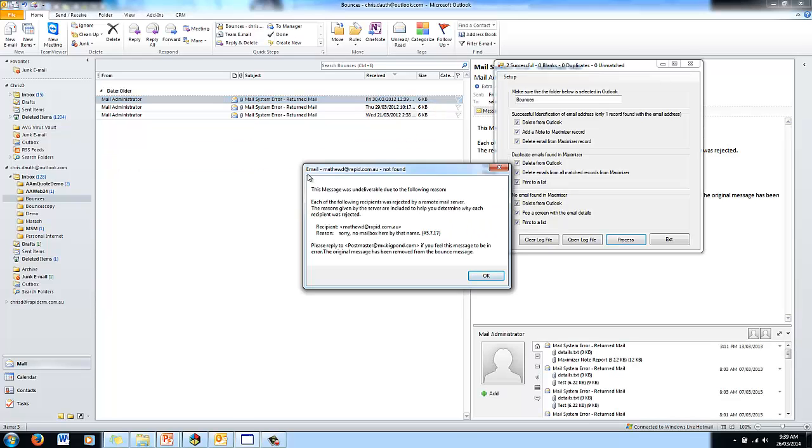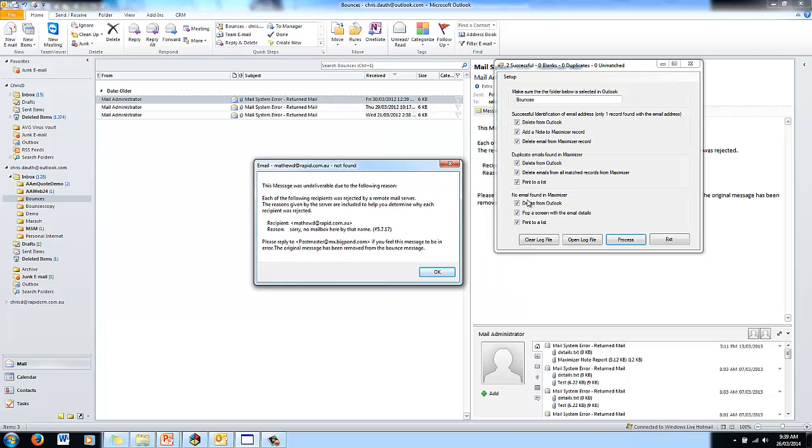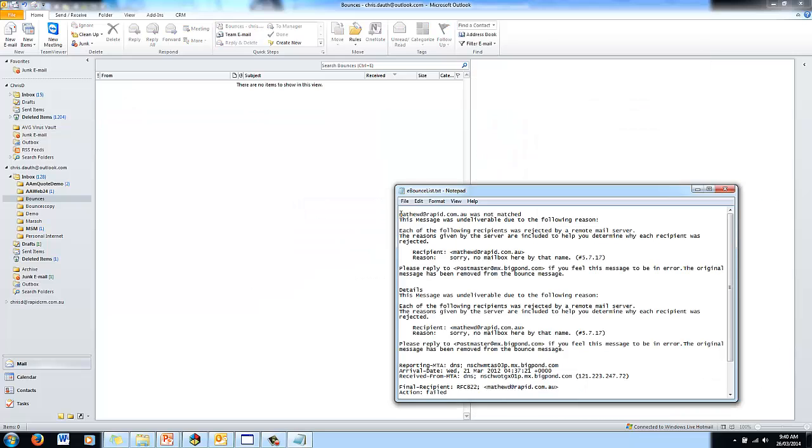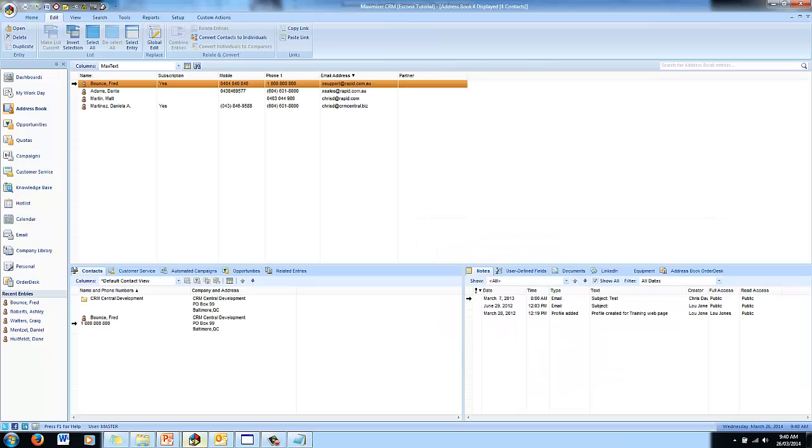And as it goes down the list, it's found an email with an email address that it hasn't found in Maximizer. And because we said for our no email found in Maximizer, we want to pop a screen, it will give us an option to go into Maximizer and perhaps find a record with a similar email address. For now, let's just click OK. At the end of the process, we're presented with a list of what's happened during the particular mBounce process. And if we have a look in Maximizer,